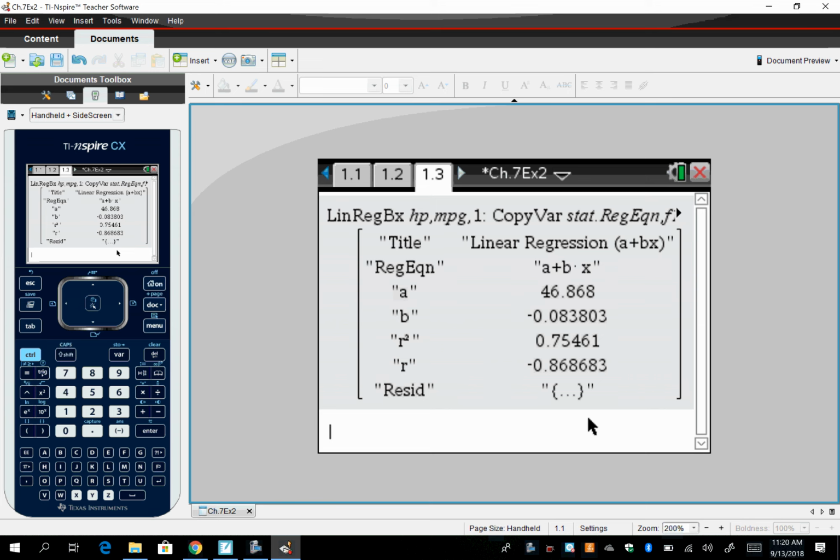All right? Now, I think I said moderate. I said moderate, right? Negative 0.869, you could probably say strong, because that's really close to negative 1. The closer you get to negative 1, the stronger it is. The closer you get to positive 1, the stronger it is. So usually in my mind, I say negative 0.8 to negative 1, and 0.8 to positive 1,